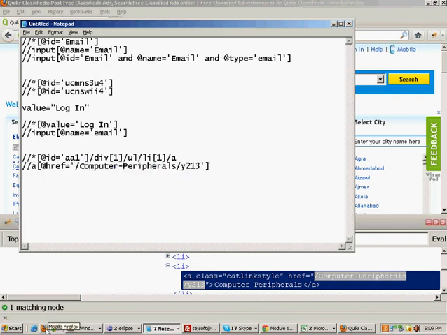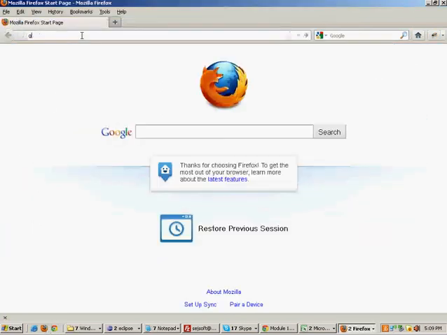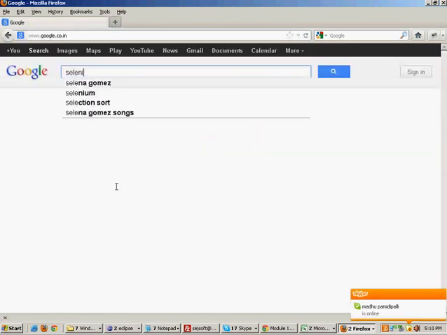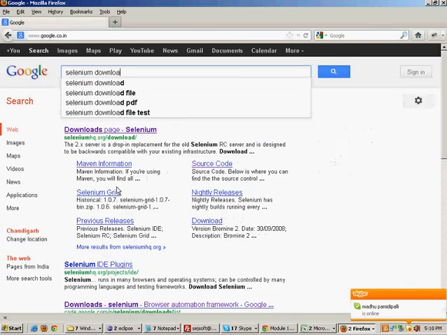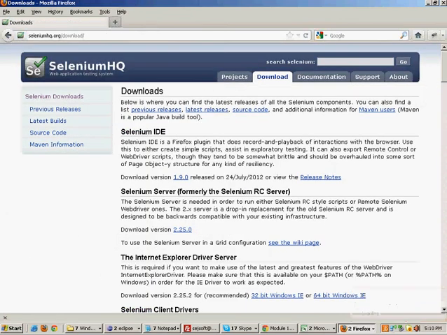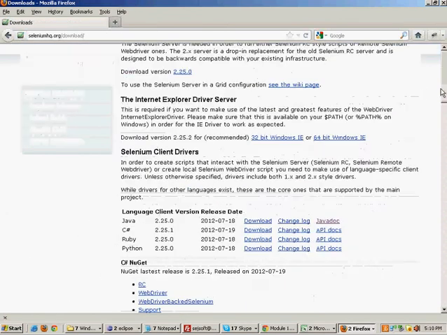If you look at the documentation of Selenium, go here, type Selenium download, go to seleniuminstitute.org and go into the Java docs.